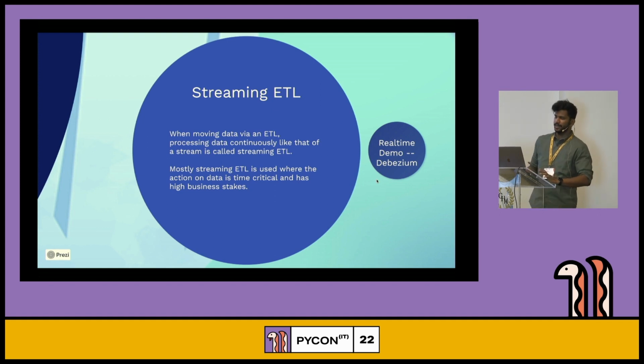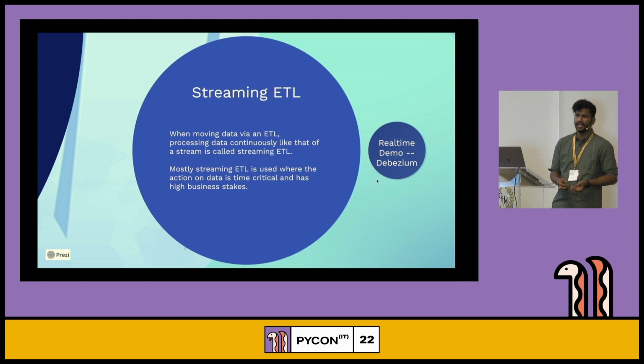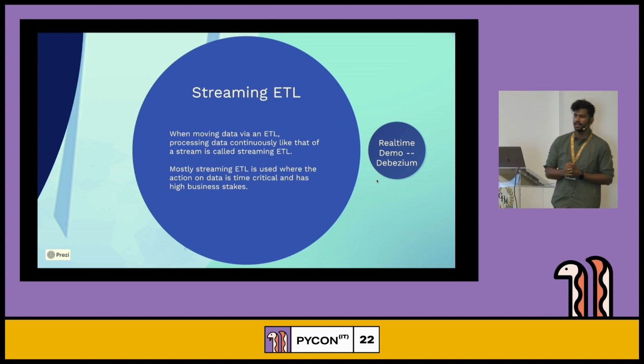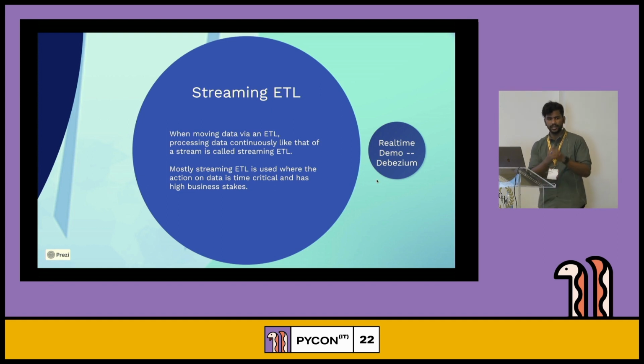It becomes difficult when we turn to streaming. Mostly streaming is used in situations where each and every second counts, and your analytics need to be in near real-time. Fraud is a very good example. You want to discover new patterns as soon as the data comes in.